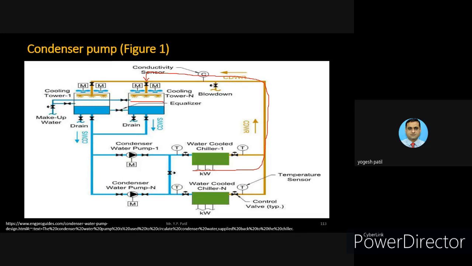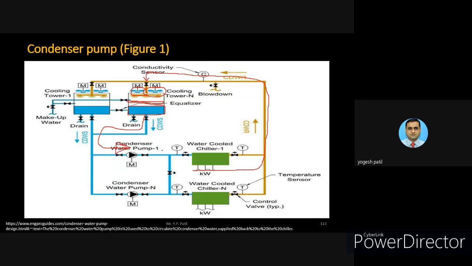Below this there will be fill over here, and on that fill it will be sprayed, and then the temperature will get reduced inside this cooling tower. The temperature will get reduced with the help of the fans. You can see that the fans are there. These fans are operated by the control engineer, and depending on the speed, the cooling takes place. And here again the cooling water will get restored, and it will be circulated through this condenser pump.